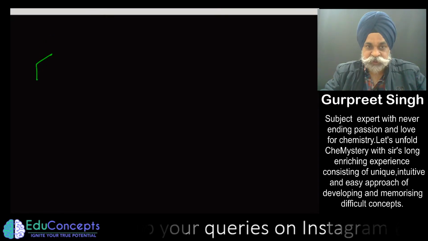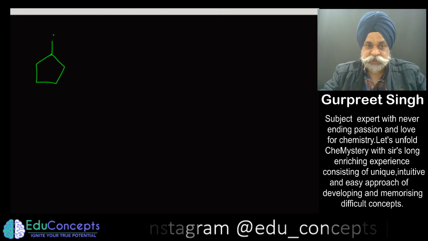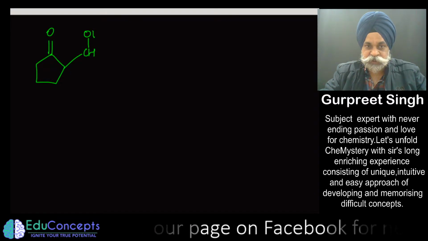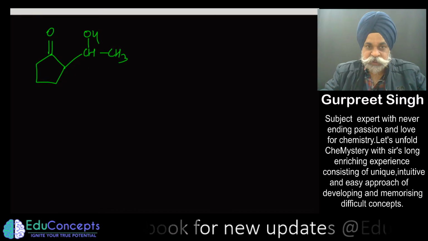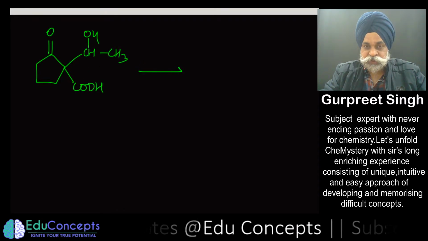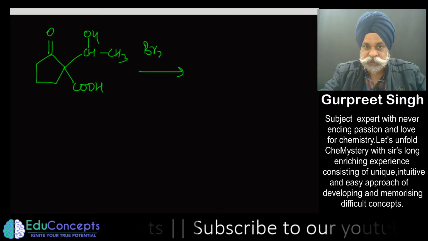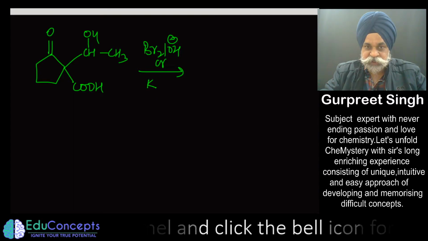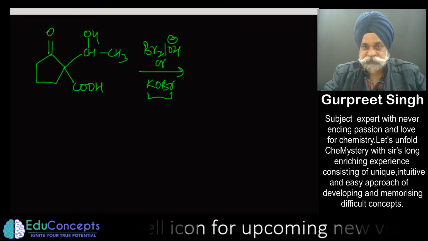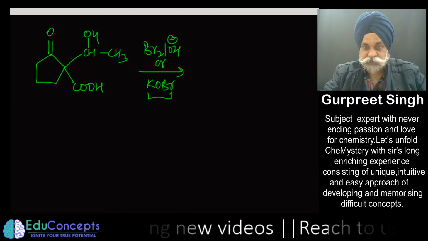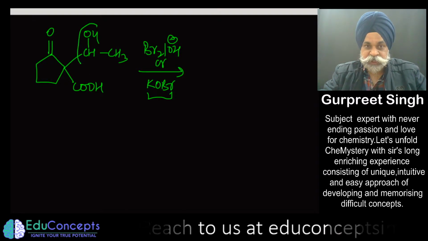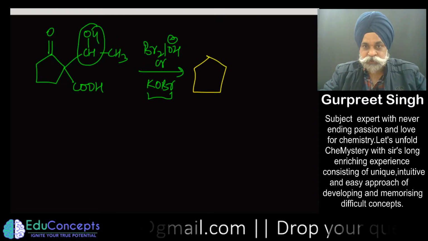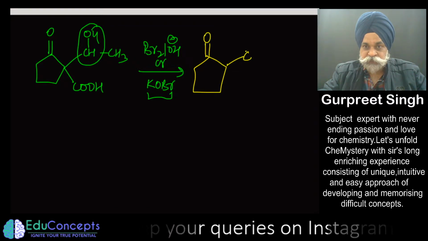So here in this question, we are being provided this thing, that here you have a keto group, here you have CHOH, CH3, and here you have COOH. So you are being given, in fact, bromine in presence of OH negative. For that, they have defined it like this, KOBr. So this basically is being made in situ from bromine and KOH. Now this carbon is going to get oxidized to what you call a ketone with that reagent.